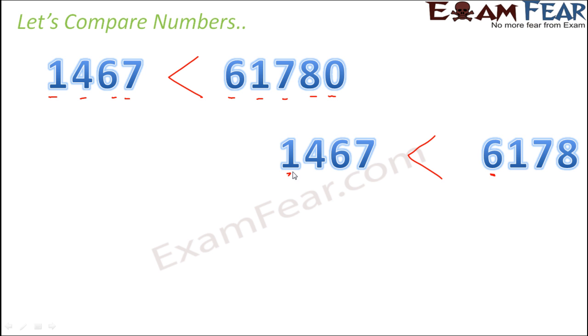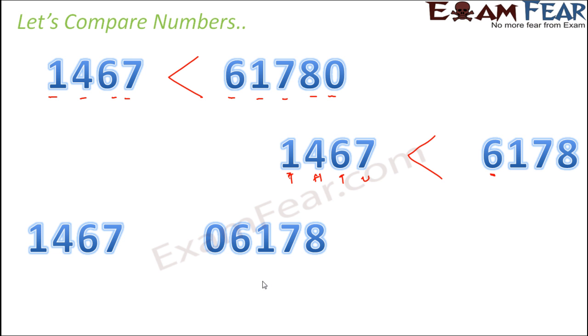Right? Now why are we comparing the first number? Because this first number is at the thousands place, right? This is units, tens, hundreds, thousand. So 1 at the thousand place means that this number is in the range of 1000. And here 6 is in the thousands place. That means this number is in the range of 6000. So which is definitely bigger. So therefore this number is greater than this number.